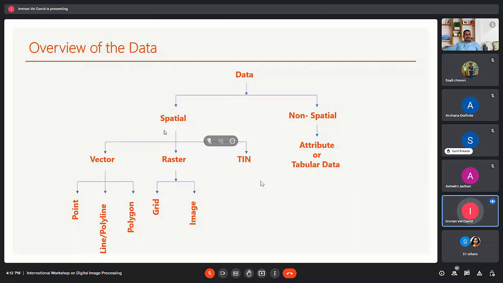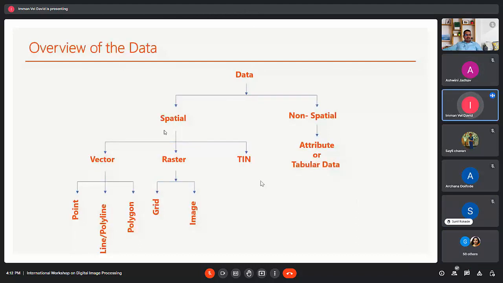Overall, with the combination of the vector and raster data, the TIN is represented, and the TIN is nothing but a triangulated irregular network data. The TIN data is represented in units of triangular shape, same as the grid and the same as the image.